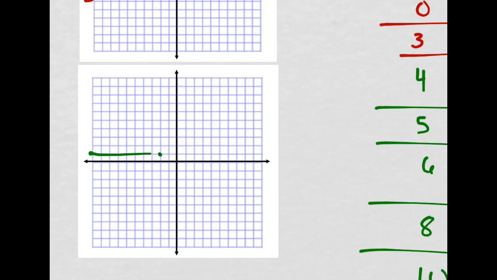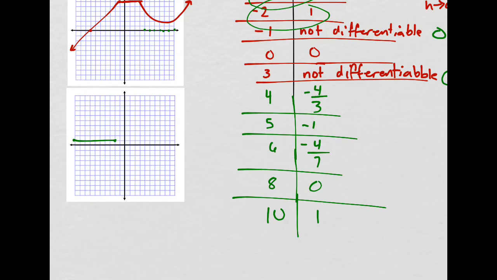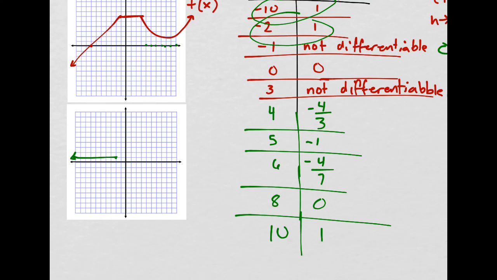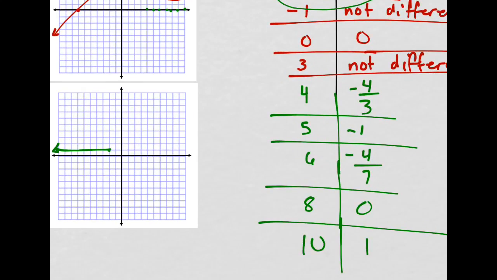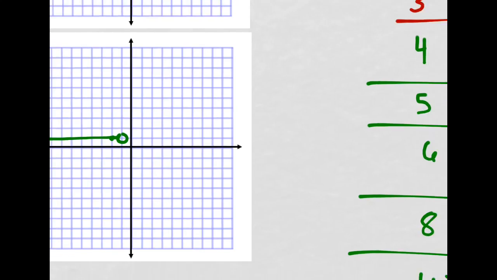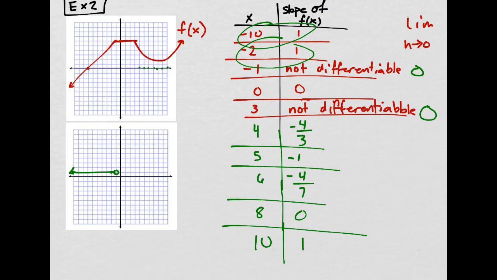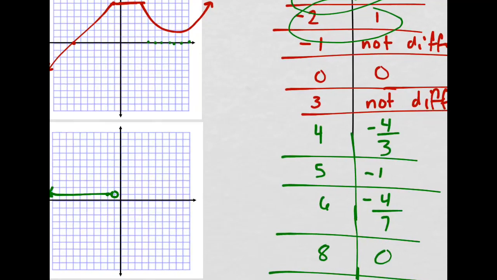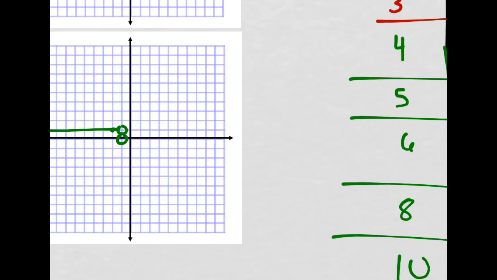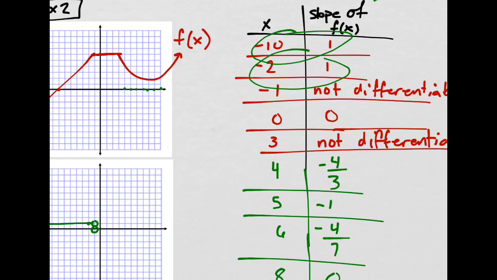So that means the derivative is just a flat line. Some people are thinking, that's a 0 slope. We're not thinking about the slope of this. We're thinking about the slope of that, silly. And then, well, I guess it goes all the way until that. So I'll put a hole at negative 1. And it has a slope of positive 1 all the way up until this corner. And then I got a slope of 0 again, so this will be an open hole. Slope of 0 all the way until